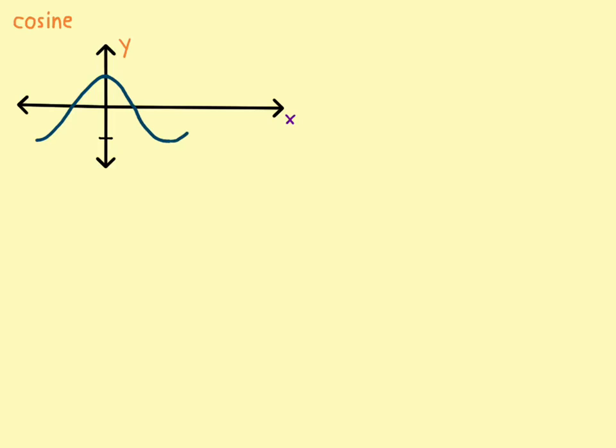Okay, now let's look at cosine. So here's a cosine function. And we want to be near the origin, but it doesn't go through the origin. So we start at x equals 0, and then we go to the right as far as we can